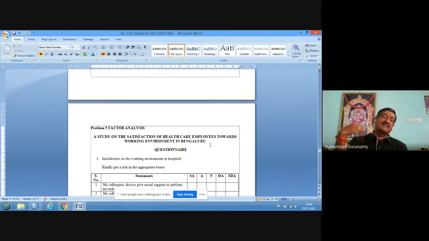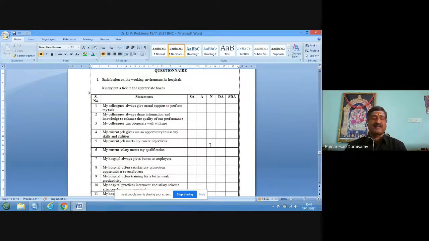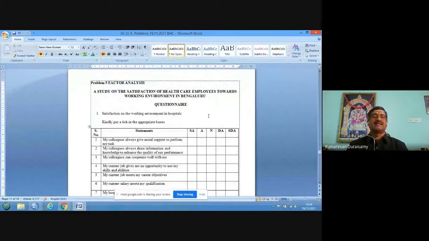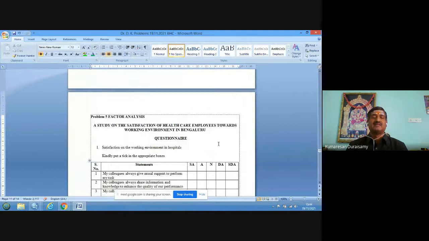In the case of correlation, we considered that they are interdependent variables. Now we come to factor analysis. We have several factors. 18 statements are given. We have collected data from 500 employees of the healthcare department,